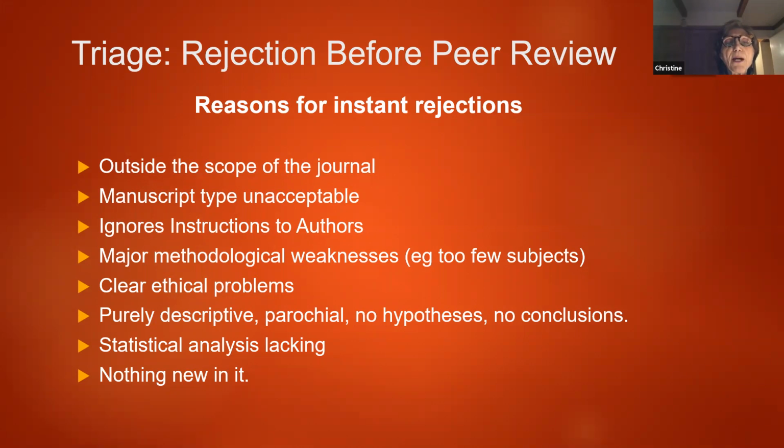The manuscript type is unacceptable. It doesn't fit. Like sometimes we'll get a paper for our journal, which is a nursing addictions journal, that may be on some obscure or some paper on a